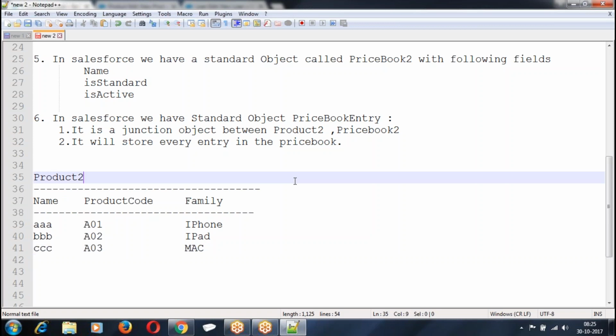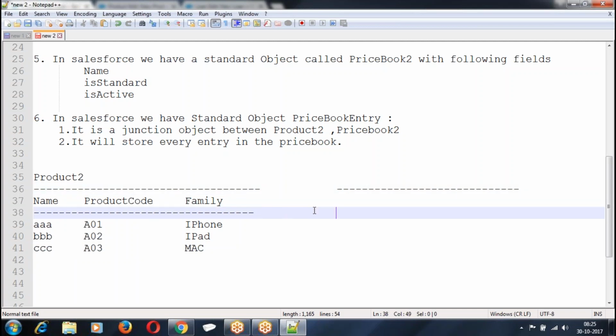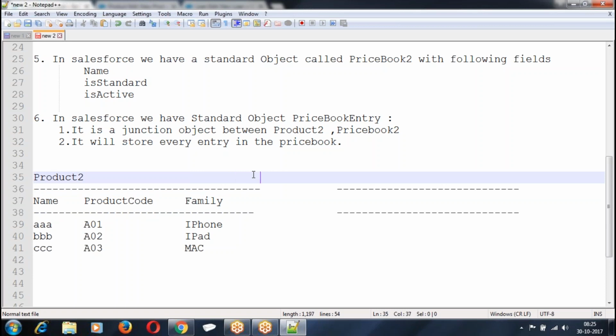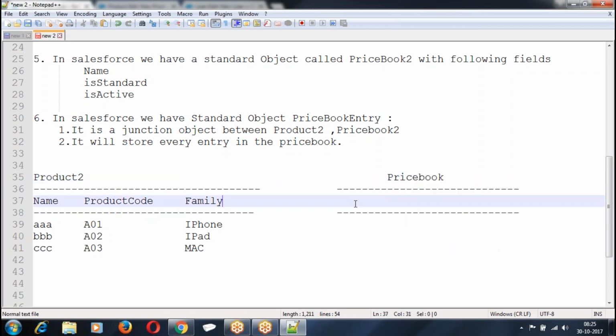These are the products. Similarly, I have another object called price book entry. Price book. Name of the price book.